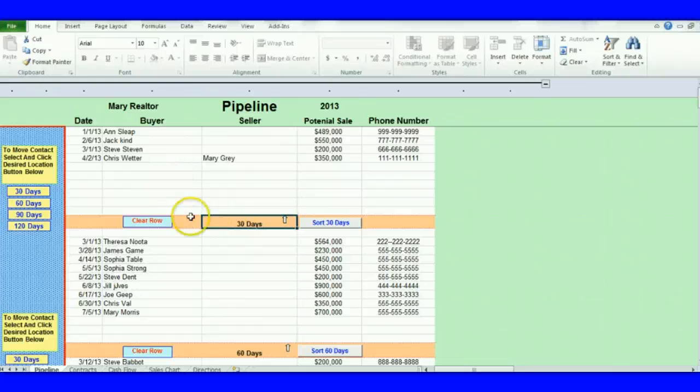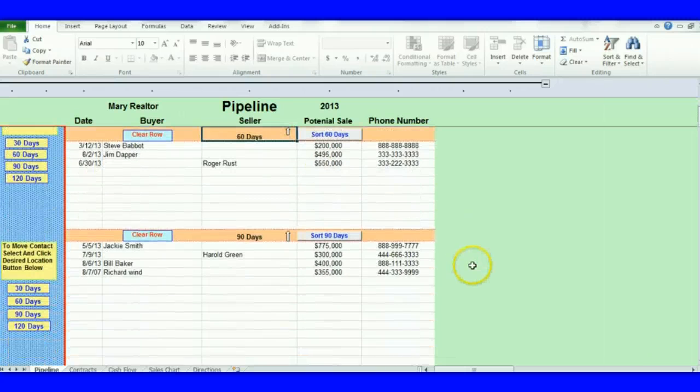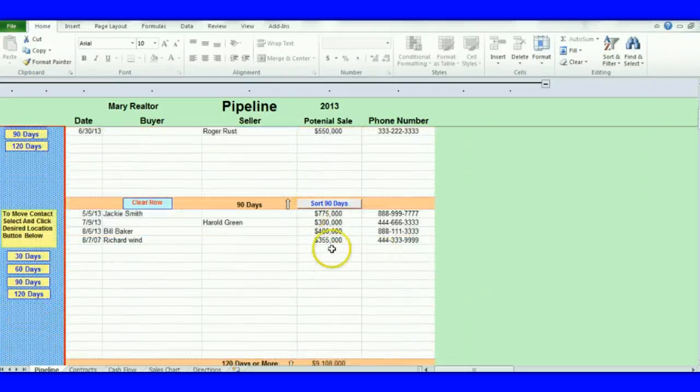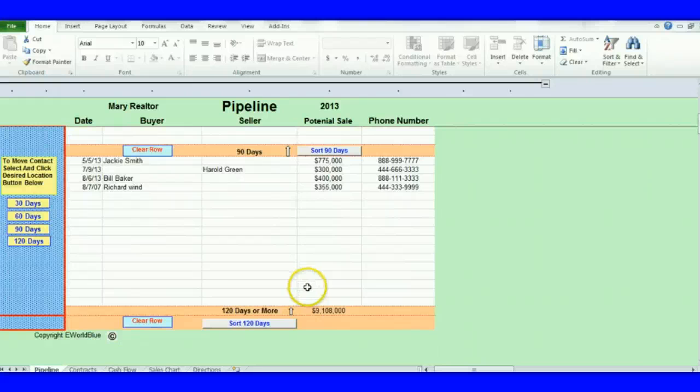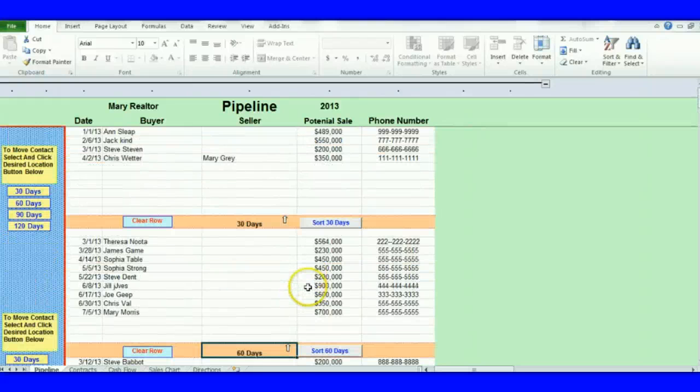If, for example, you have somebody in a 60-day category, you're going to call them, but not quite as much. And then as you go down further to 90 days and so forth, 120 days, you're just going to be giving them tickler calls occasionally. But the ones up here in the 30-day category and maybe the 60-day category, you're going to be calling more frequently.